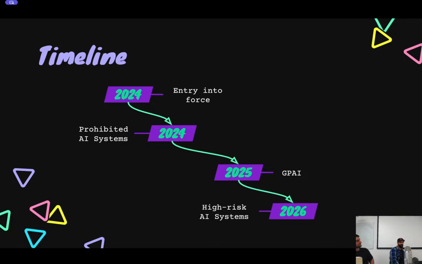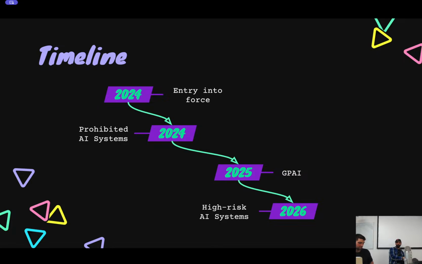A little bit more about the timeline. This is mostly through the legislative process, and barring a surprise, most people I talk to think this will be finalized. I think the terminology there is entry into force this year, probably in the next couple months. There's a little bit of a delay, maybe 3 months, and then the rules about prohibited AI systems will be the first thing to go into effect. You will not be allowed to do those on the EU markets after that.